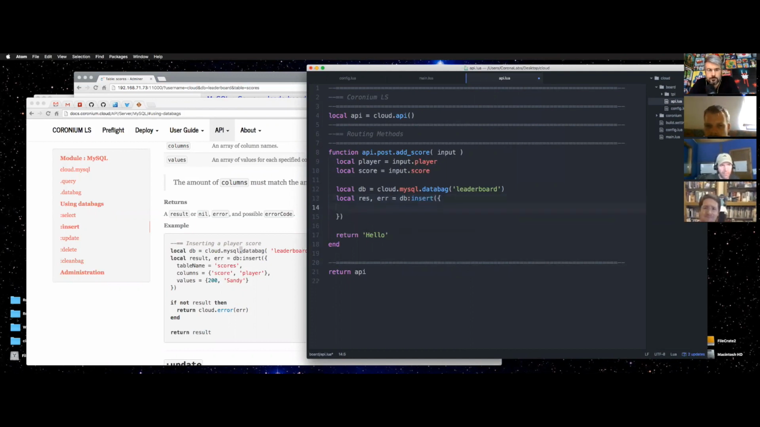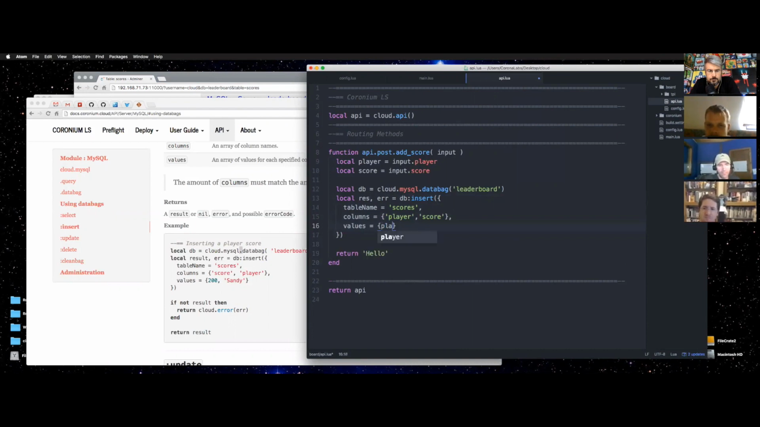And I'm going to do that using a table. Pretty much all of the methods for the databag need the table name. That was scores. For an insert, you need columns and values. So I'm going to go ahead and put my columns here as a table array. And then my values, of course, I'm going to take from my input. I'm pushing things through here quick. You probably would want to check your input, obviously, like on your string and stuff,